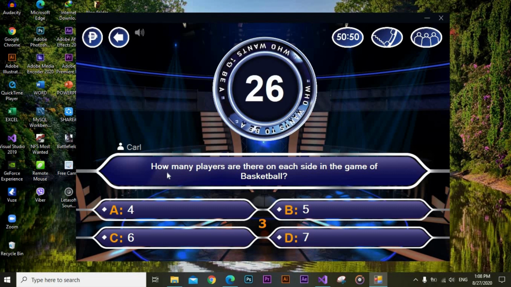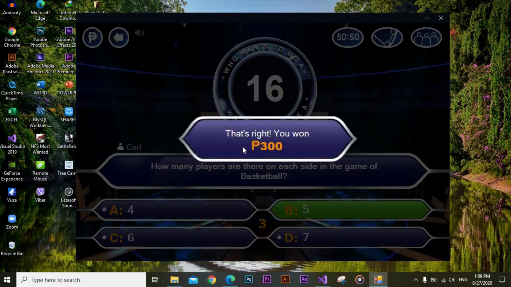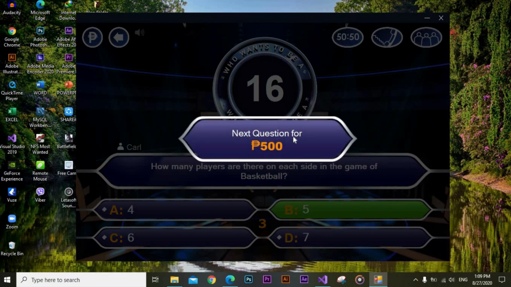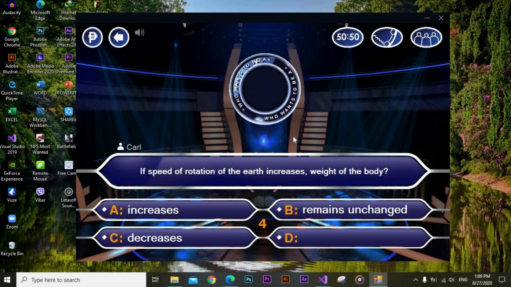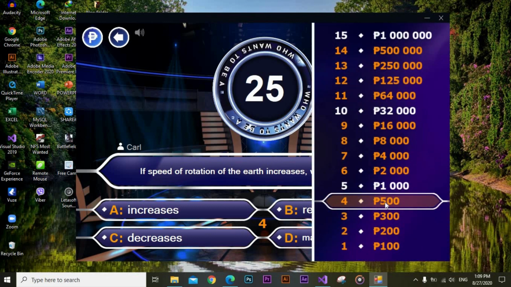So this is the third question. How many players are there on each side of the game? Pretty sure that's 5. Here is a button where we can check the current money that you have.